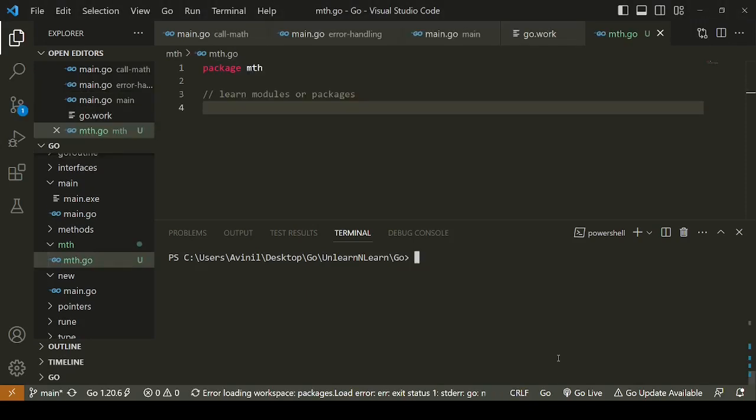Welcome to the new video. In this series we have covered a lot of things. Now we will learn about modules or packages in this one. So there are modules or packages that we can create in Go. I have created one mth directory here, so you can see that here. Now we will use some commands to initialize the package. So the commands are as follows: